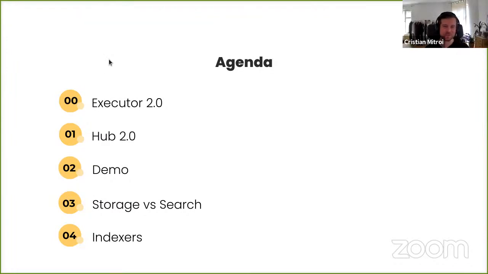So this is the agenda for today's Engineering All Hands with Jina. We're going to cover a lot of the changes around the executors, but also how you would use executors. We'll cover the executors, the hub. We'll have a demo about how to use the executor in the hub. Then we will delve into a specific type of executor, the indexer, and how you use it when you store your data versus how you use it when you search data. Let's delve right in.